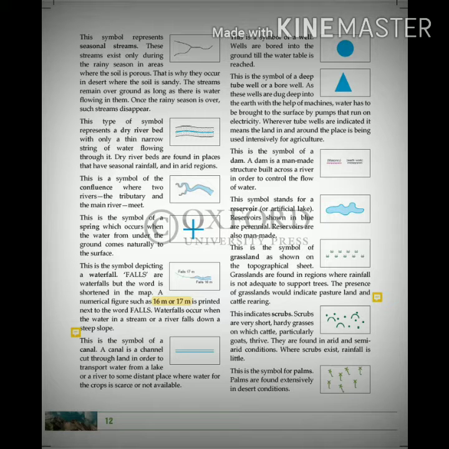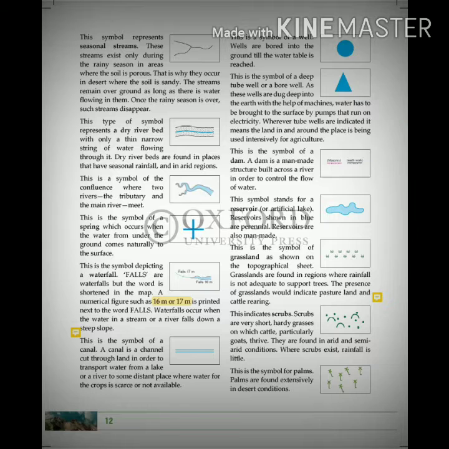You can see a well is denoted by a blue color dot and a tube well or bore well is denoted in triangular shape. And wherever tube wells are indicated, it means the land in and around the place is being intensively used for agricultural purposes.